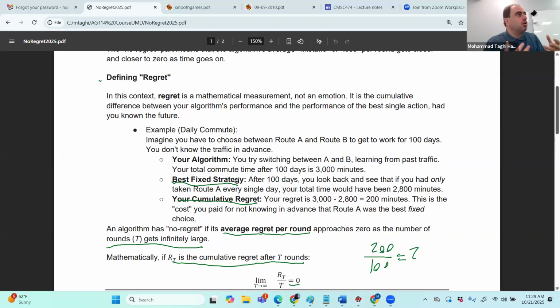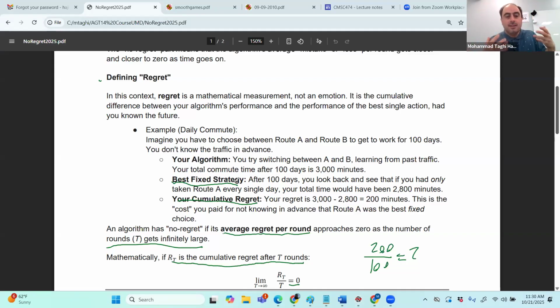But the issue is that because you don't know and the optimum knows, in lots of these cases you cannot compare yourself to the optimum. Or if you compare, you get zero. You can be very bad compared to the optimum. So okay, in this case I cannot become comparable to the optimum, but should I have maybe another baseline? And this is exactly the best fixed strategy. You take some strategy and you follow this one all over the time. It is some kind of baseline, so that on average I compare with this one.